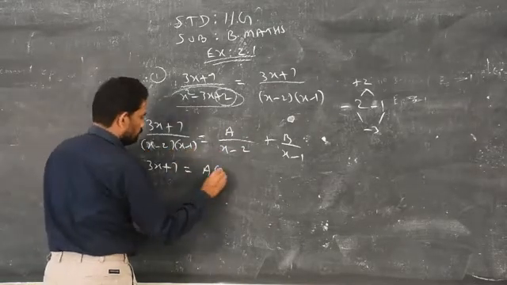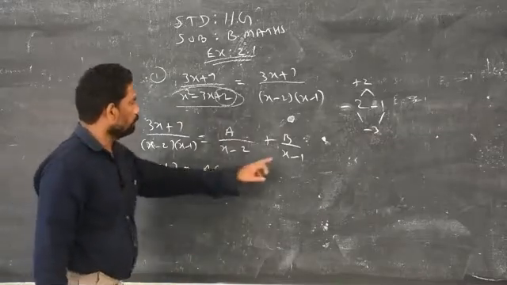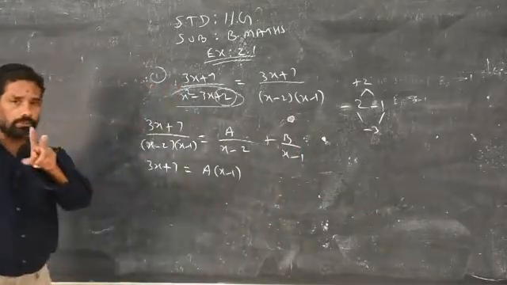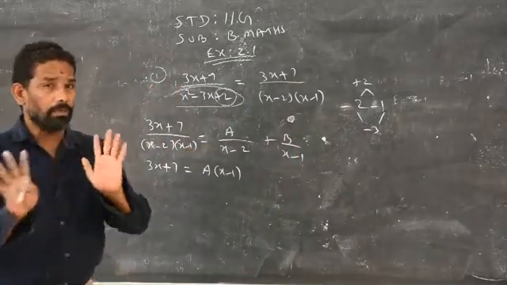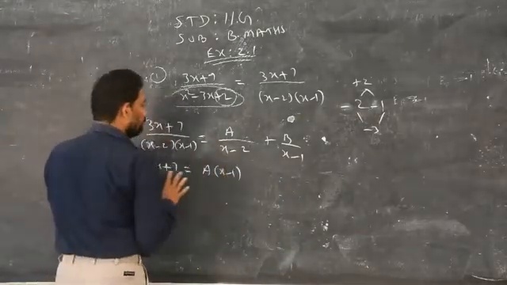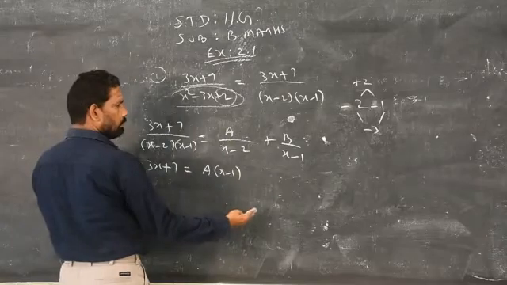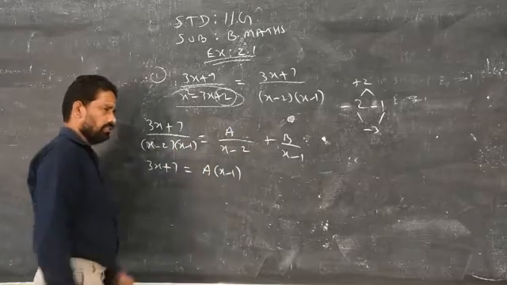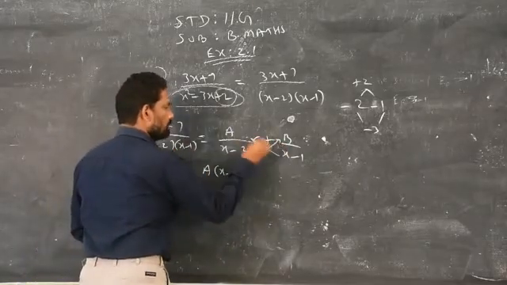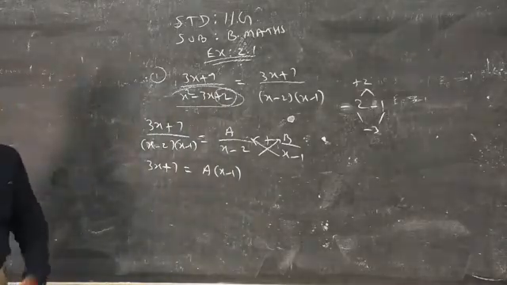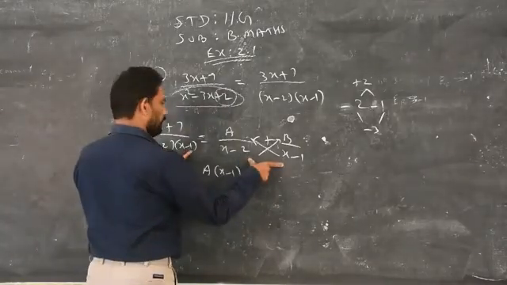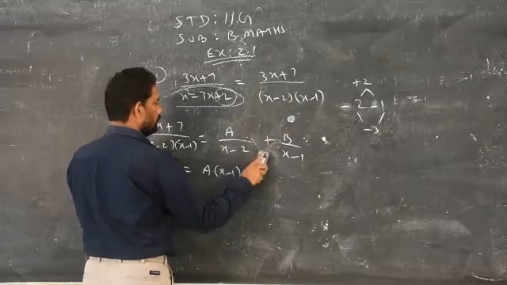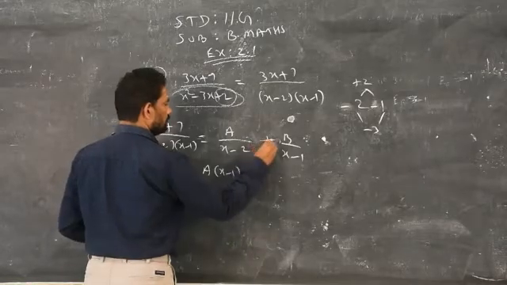x minus 1. Some of the teachers may have taught you to do cross multiplication. Fine. A into x minus 1, b into x minus 2. If it is only two terms, it's okay, cross multiplication. But the normal procedure is, you have to compare the denominators of both sides term-wise. First term denominator x minus 2, x minus 2. So remaining x minus 1. You can just go for the cross multiplication also. Nothing wrong. But these will be eliminated finally. Clear? So the actual procedure is just you compare the denominator of the left hand side and the right hand side with the term.